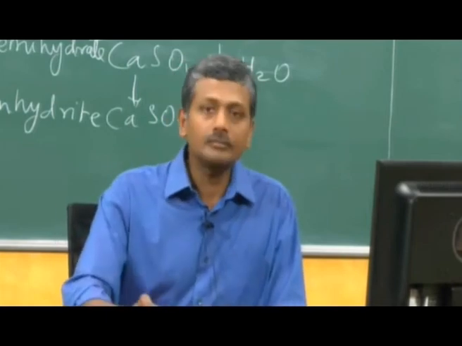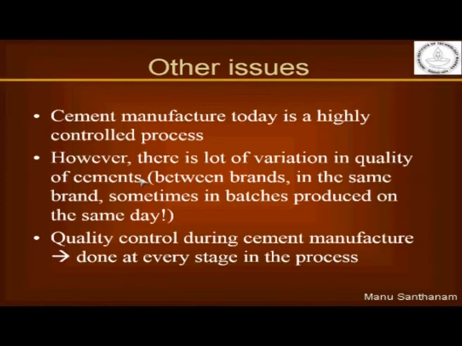Okay, now of course because of the issues involved in this cement manufacturing process, you can imagine that you are extracting naturally occurring material, you are subjecting it to a very large set of processes and ultimately you want to end up with a material that is highly well controlled in terms of physical properties and chemical composition. So to do this, there has got to be a very high degree of quality control that needs to be